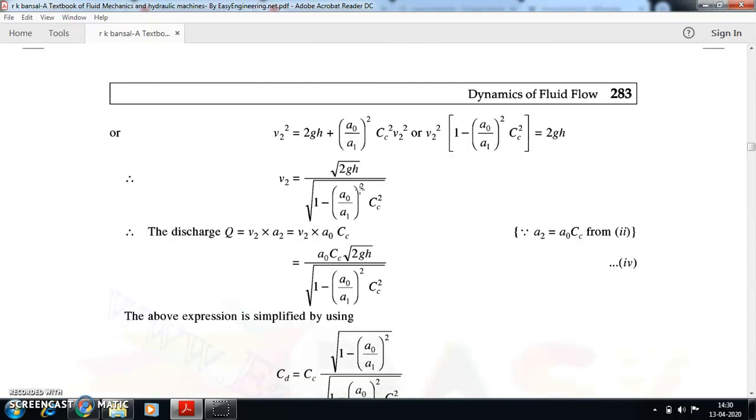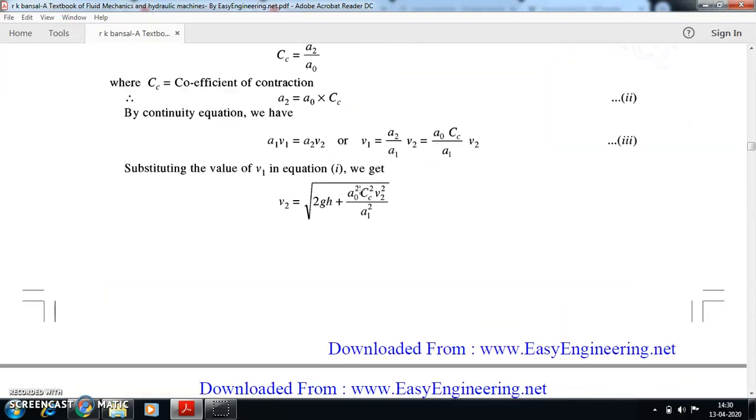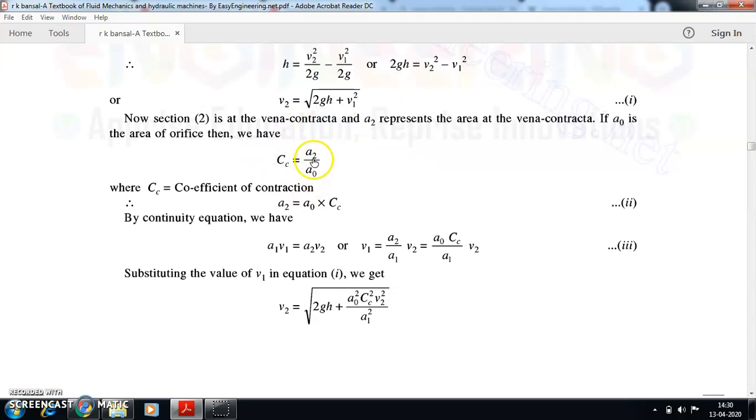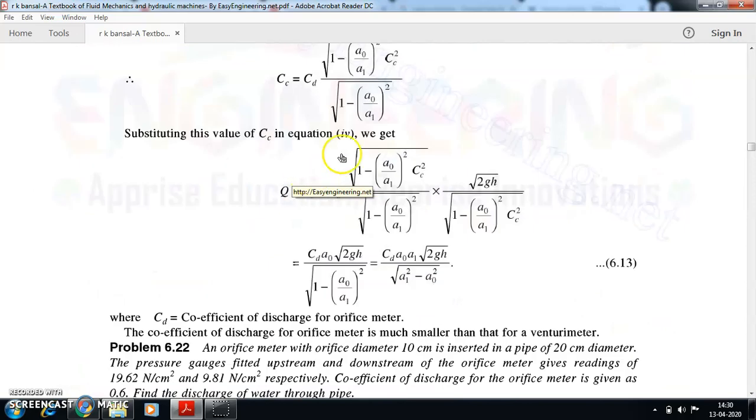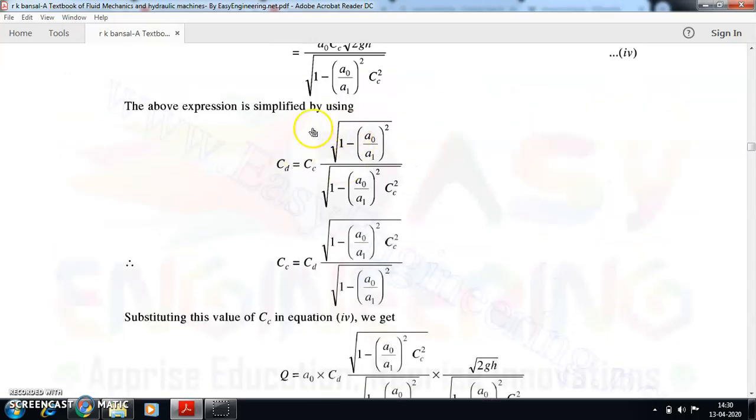In your VT examination also this is important. You need to remember CC also, A2 divided by A0, this is very very important. Nobody will give you CC directly, they will give you A2 and A0. So if you remember this small fraction, you can find CC. Only when you find CC can you move on with the problem. They may not give you CD also, so you need to find CD from this equation. Only through areas can you find CC and CD. So this is very very important.